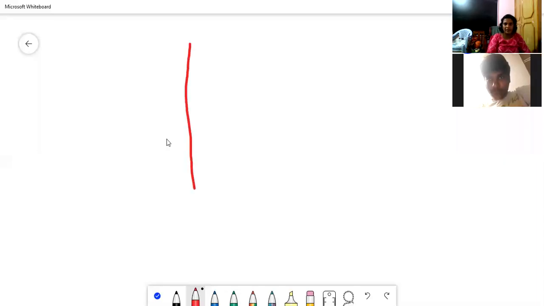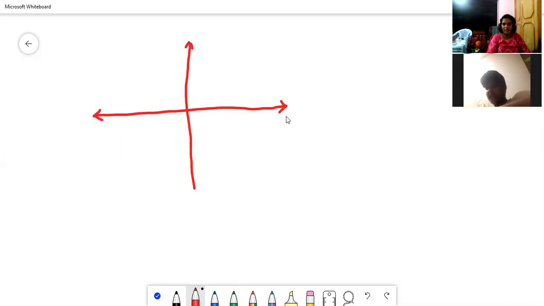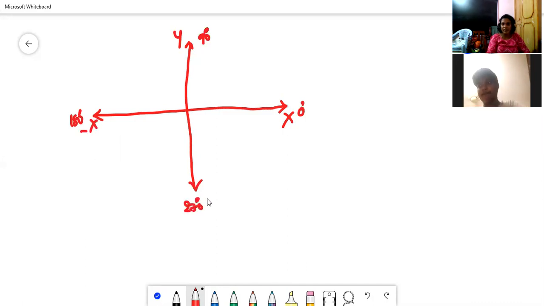We can take the quadrant geometry. In this, the horizontal line is represented as the x-axis, and the vertical line is represented as the y-axis. Here, this is 0 degrees, 0 to 90 degrees is y, 90 to 180 is again x, it is negative sign. 180 to 270 again goes through y. It is a circular motion, again 360. One complete circle makes 360 degrees.